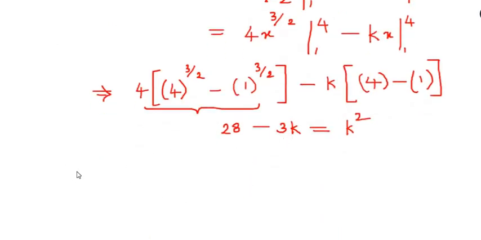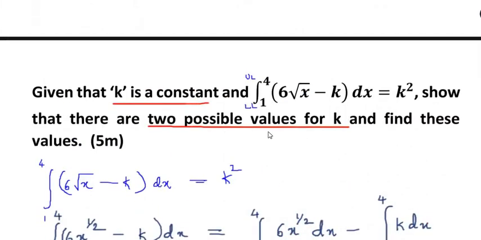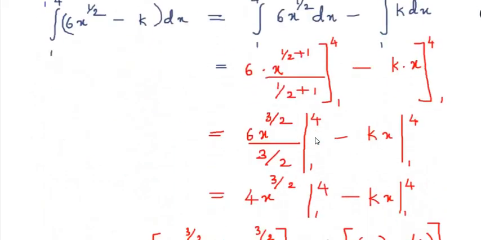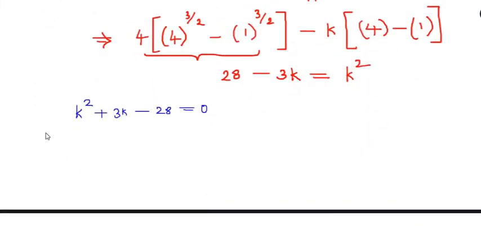So let me rearrange it and write it as k square plus 3k minus 28 equal to 0, shifting the minus 3k over here. Now they have clearly mentioned in the question to find two possible values for k. So we can use the quadratic formula over here, which is given as k equals minus b plus minus root b square minus 4ac